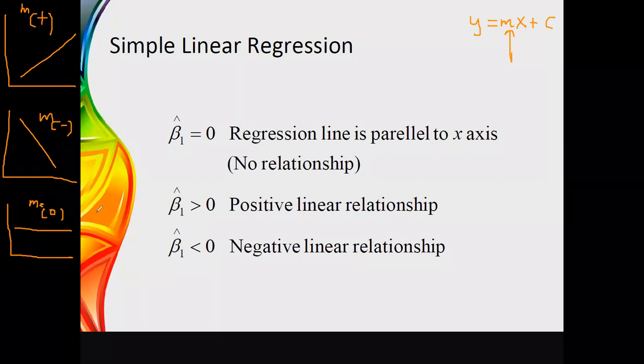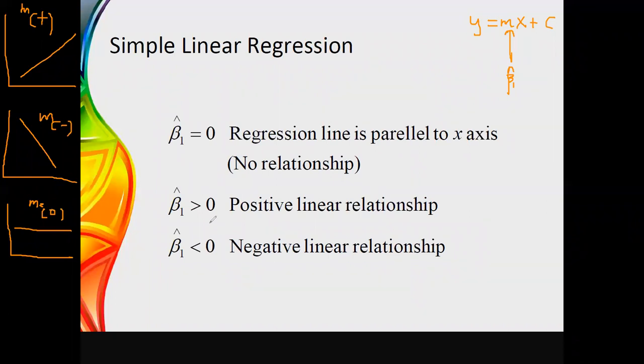Therefore, these same patterns will also be used in simple linear regression. Now instead of m, you have defined this as beta 1 hat. Therefore, m is now defined as beta 1 hat. So according to the sign of beta 1 hat, we can identify whether there is a positive relationship, negative relationship,